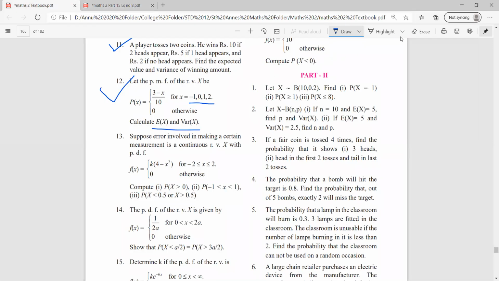So with this class, we have finished the sums related to exercise 8.1 as well. The remaining sums are of the type of exercise 8.2, which we have not yet started. So in the next session, I'll be starting with exercise 8.2 and then we'll complete the sums on miscellaneous.